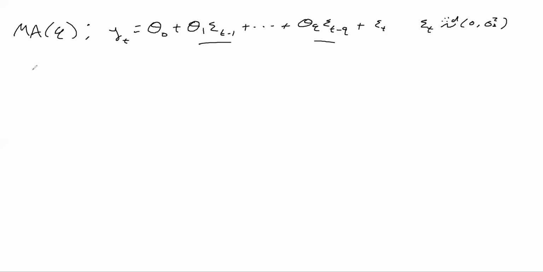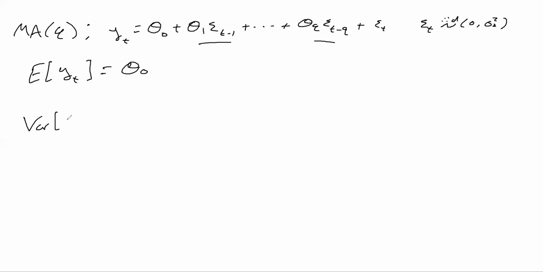This means that the expected value of yt would just be the intercept, theta 0. And typically this would be equal to y of 0, which is equal to 0, but doesn't necessarily have to always be the case. So now for variance,